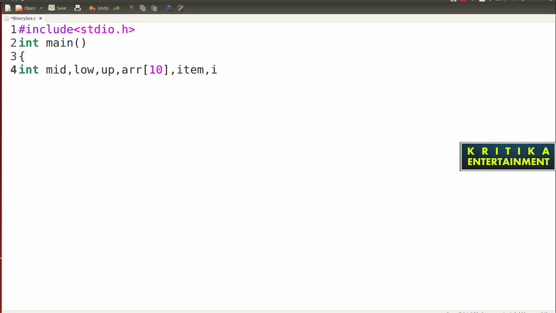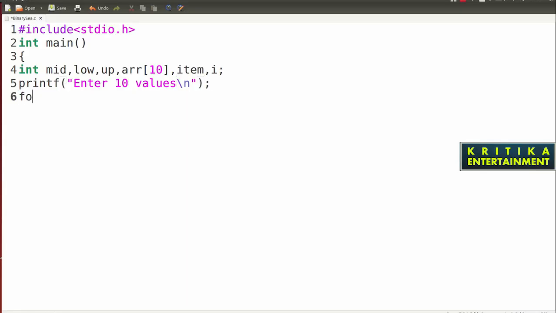So I'll write printf, enter 10 values, and here give the \n.